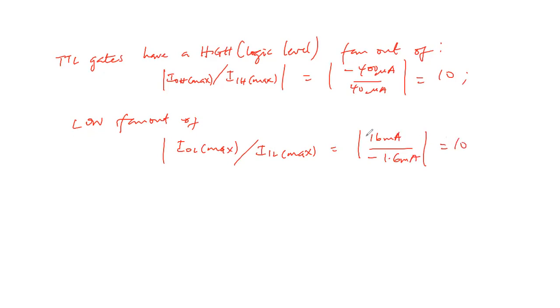So exceeding these fan out limits may result in incorrect voltage levels, as the gate cannot provide or sink enough current. The lower value of the two fan out values determines the fan out of the gate. And then we have the third characteristic